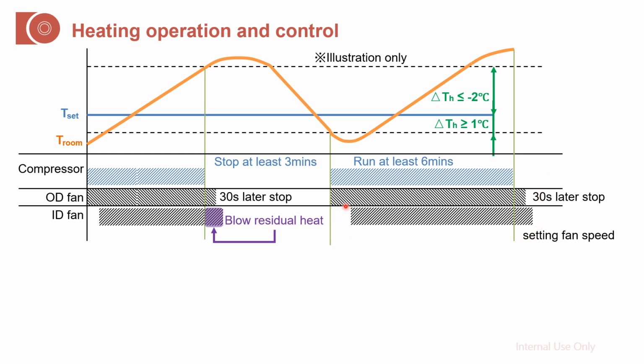And how about this one? What is this gap? It's actually the indoor fan cold wind prevention, which means the indoor unit will heat up enough to blow out warmth. So we have these 3 zones: this one is to maintain operating, here is to recover, also called start, and here is to finish, the end.